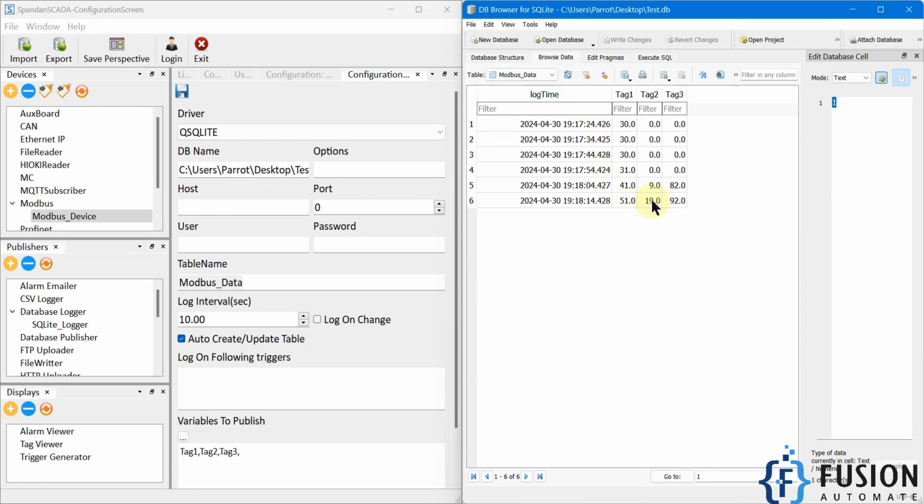Okay, you can see 51, 19, 92. So this is how you can set up your SQLite database logging in this Spandan SCADA. And right now the logging interval is 10 seconds, but in case your variable count is very small,